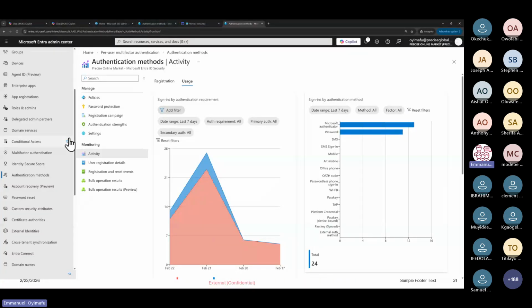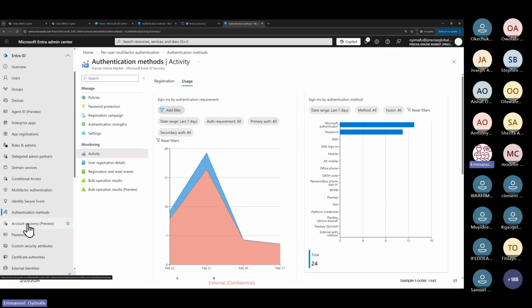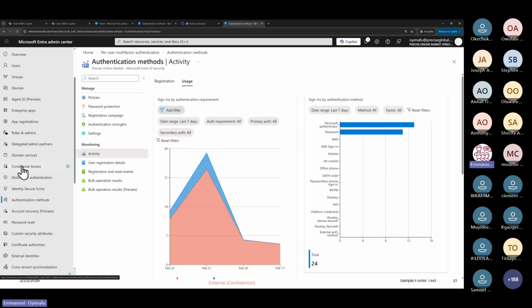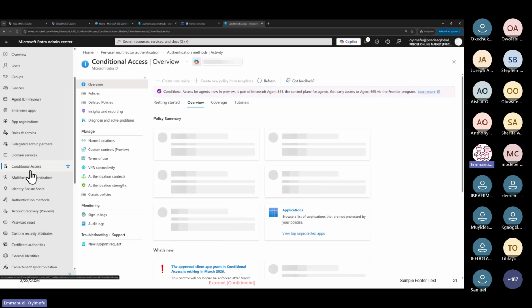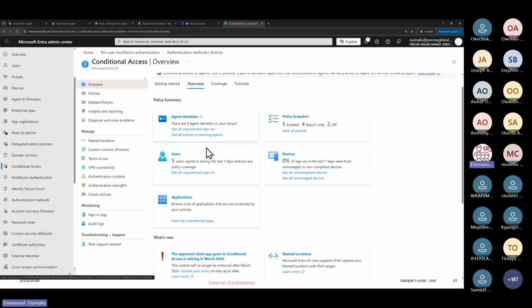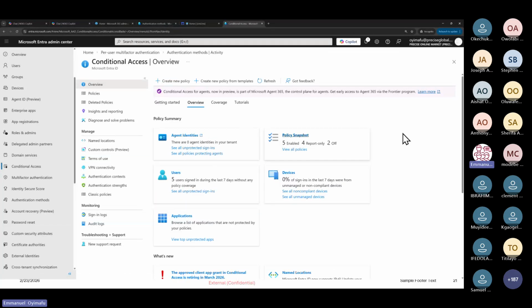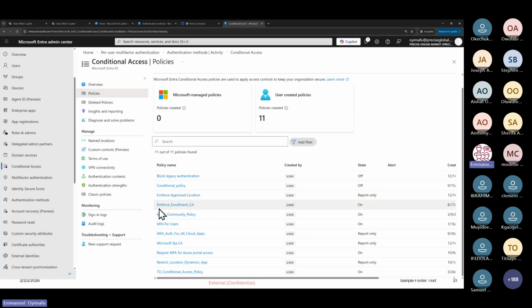Okay, so here, still on Entra ID, all we'll just do is click on conditional access, because we are talking about conditional access policy now. Once we click on conditional access, we are going to see some settings here in the overview, like policy snapshots, users, applications, and all. So let me go to policies now. So we see the policies that I have in my environment. So these are conditional access policies.